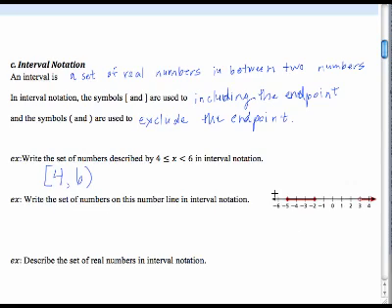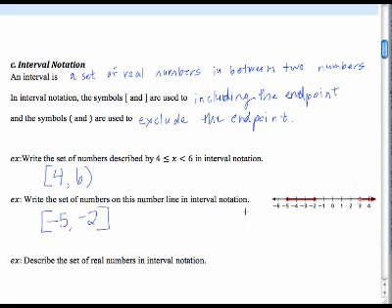Okay, pause the video and try to write this set in interval notation. All right, with that set, we're going from -5 to -2, and we're including both of those endpoints, so we'll start there. -5 to -2,